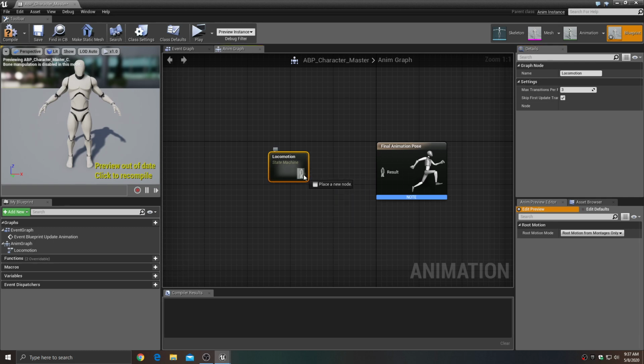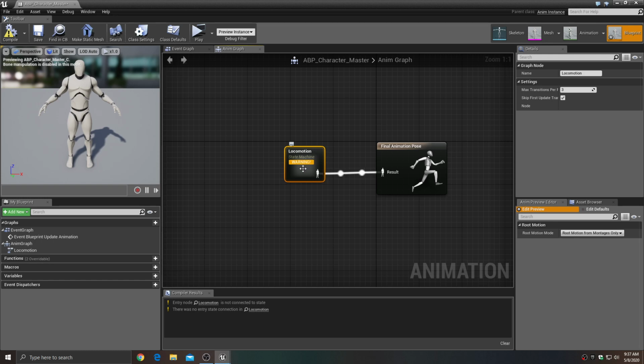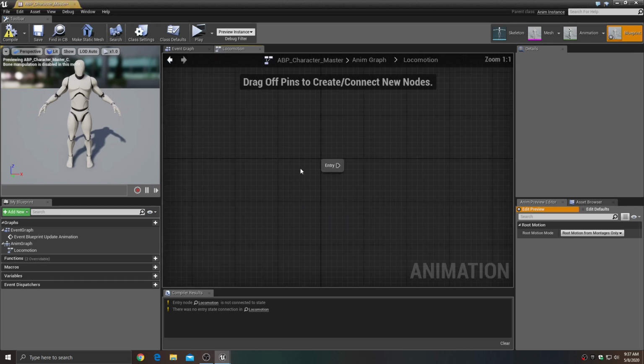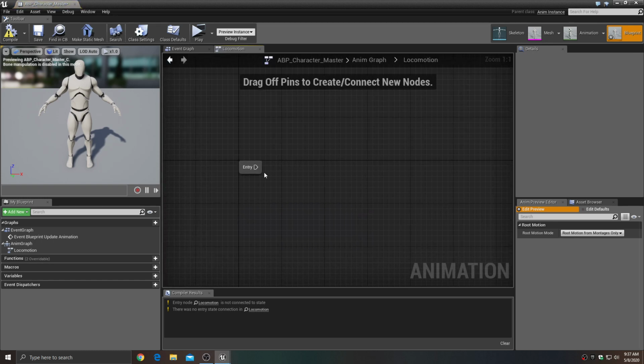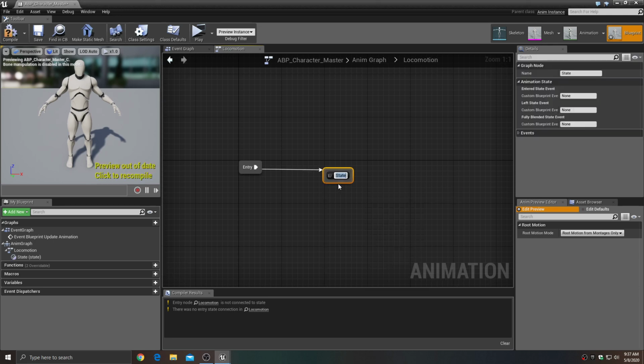And we'll go ahead and plug this straight in to our final animation pose and compile that and save it. Now, inside the animation state, by double clicking, this is where you put your individual states. So the first state that we're going to have, we're going to pull out of that, let go, and just add a state. And we're going to call this ground